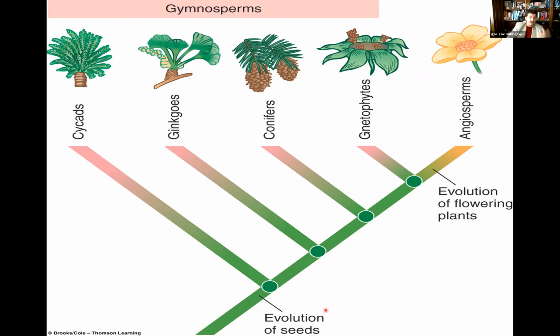A seed is the embryo which is already developed or starting to develop, with the food source and the cover to protect it from dehydration or desiccation, drying out. Okay, and now they also had the problem of how to get the sperm to the egg without the water. Animals during that particular time were facing exactly the same problem. Before that, there was the age of amphibians. Remember, amphibians, frogs, etc., have to get back to water in order to lay eggs. In this case, lots of water was not available.